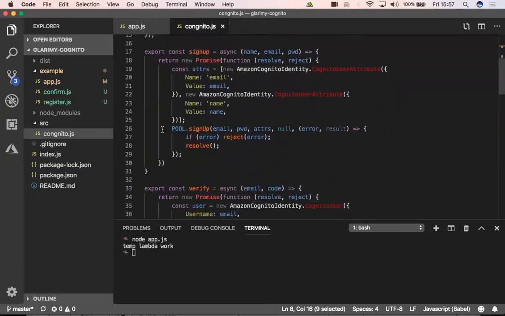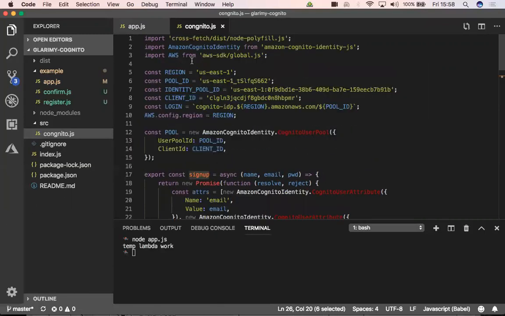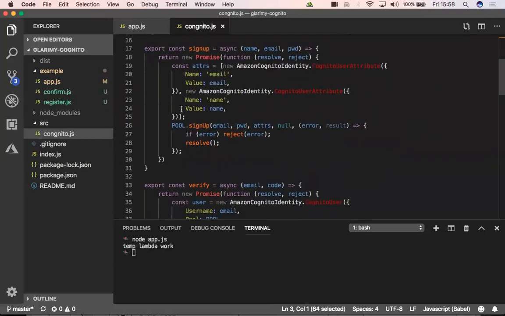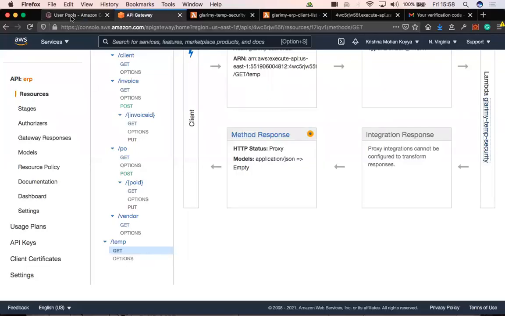And once you have the pool, it has the sign up function. How do I know? That is what that Amazon library is giving, that sign up function. We are writing a wrapper for that in a way. So this sign up is expecting email ID, so we are receiving that one. Password, so we are getting that one. Attributes is an array of this nature, Cognito identity user attribute array. Each element in the array should have the name of the attribute and the actual value. What those names are essentially in the Cognito.